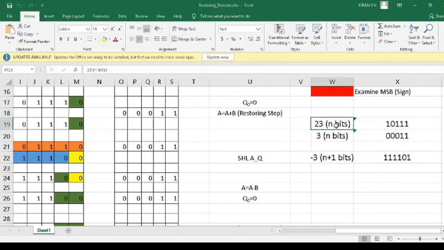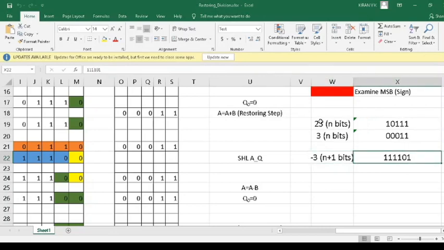Okay, so we will initially write out the binary representation of dividend, divisor and the 2's complement representation of divisor. You might be remembering that the 2's complement representation of divisor is required to perform the subtraction step across all the iterations of restoring division algorithm. So we will see the requirement of 23. So 23 requires at least 5 bits for representation. 3 on the other hand requires only 2 bits for representation. Minus 3 in 2's complement format requires only 3 bits for its representation.